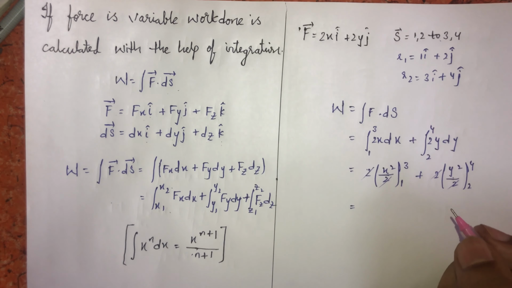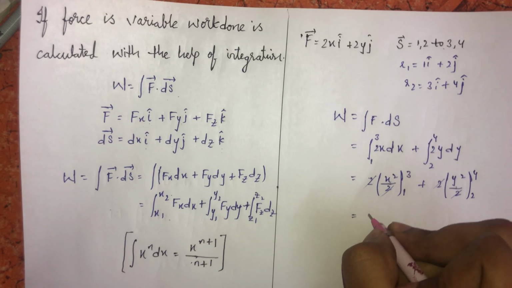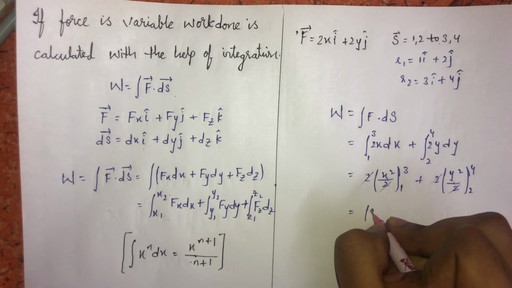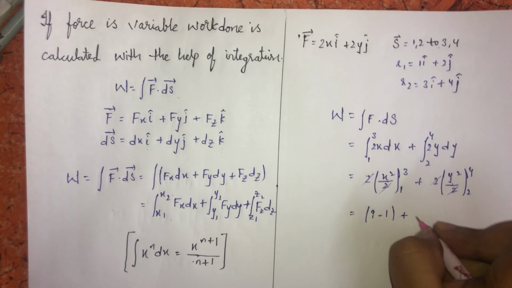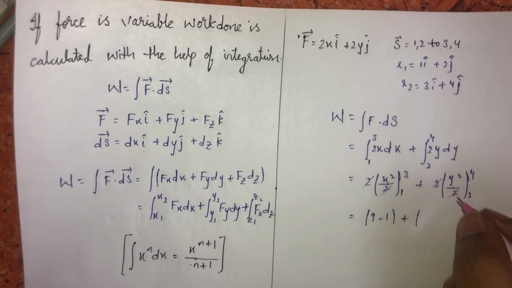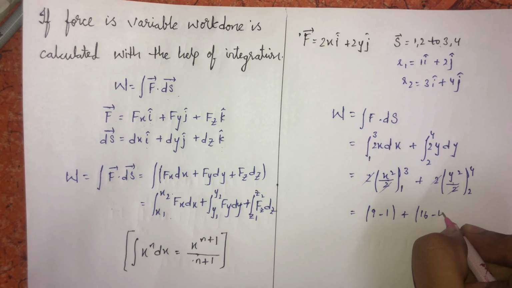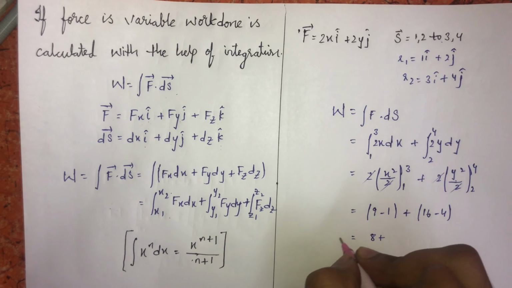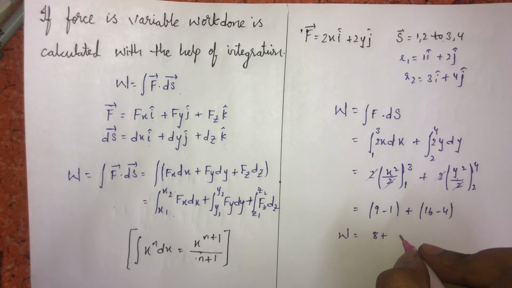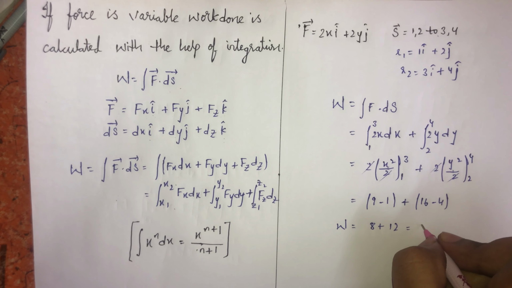Writing the coordinates in place of x, 3 square will be 9 minus 1 square, 1, plus 4 square will be 16 minus 2 square, 4. 9 minus 1 will be 8, then 16 minus 4 will be 12. Then work done will be equal to 12 plus 8, 20